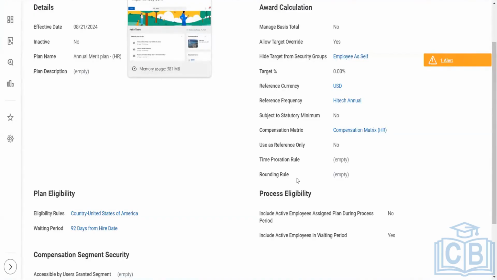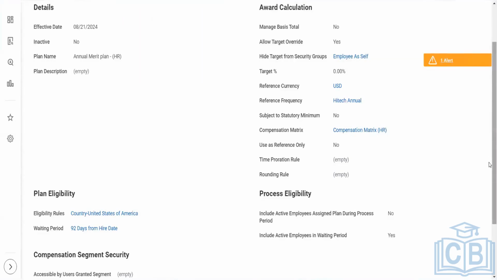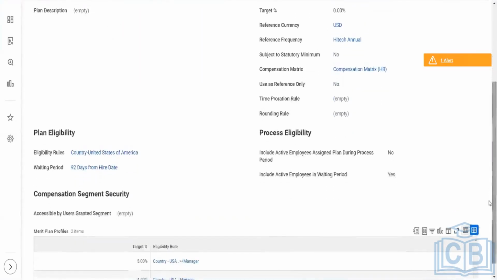Correct. There are different rounding rules that we can set up, because we always want to avoid decimal values at the final stage, because maintaining that becomes a very big problem. Absolutely.